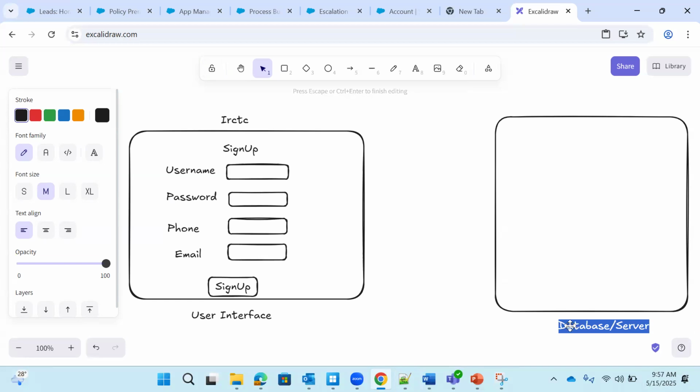Now what is this database? For any application, you should have an interface and you should have a database or server. Why this server or database? Whatever information you are storing has to be saved in the server. That's where Salesforce comes into the picture. They will also have a server, but